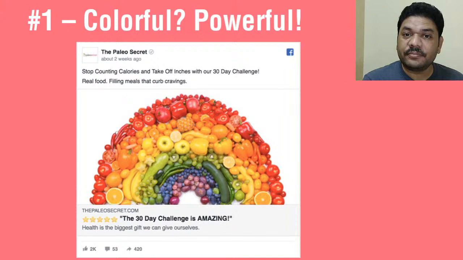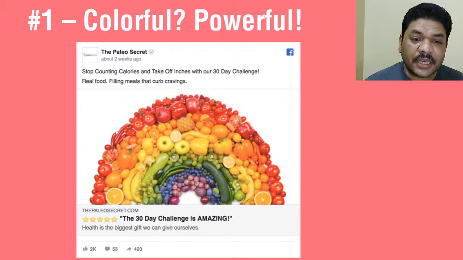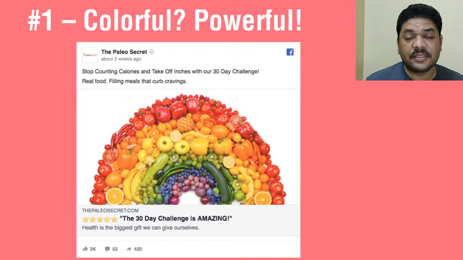In this image, the entire ad image from the Paleo Secret page says: stop counting calories and take off inches with our 30 days challenge.